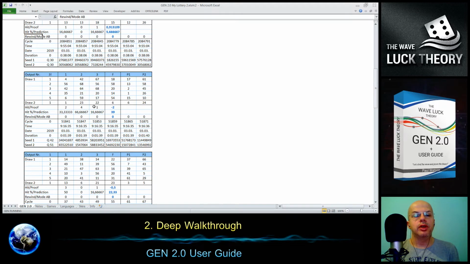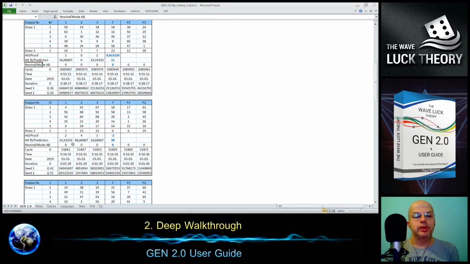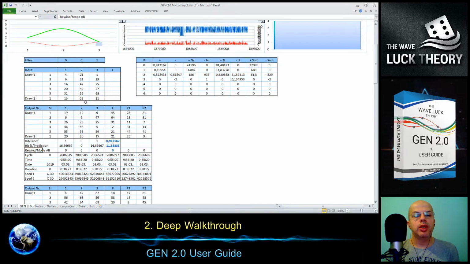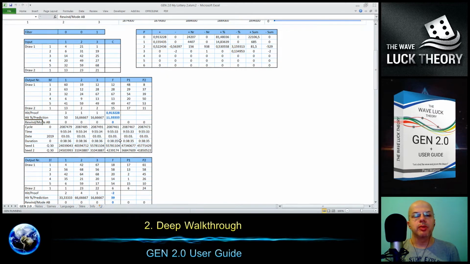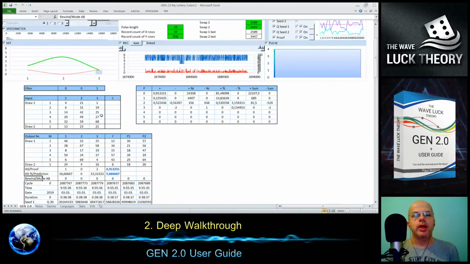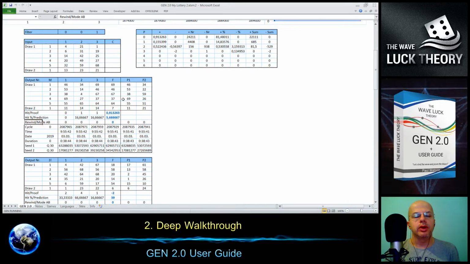The matches are relevant only to the history, because these ones we cannot compare with anything. The future does not exist yet. So this is the number of rewinds. We have it at this moment still 0, because it's very rare to generate the same number. If we are selecting only one number from 26, then it's very rare to generate the same number again. So that's why it's not a problem to use mode B as well in your generations.